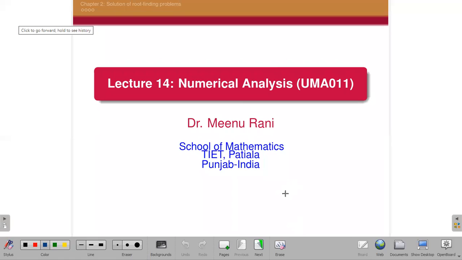So in the previous lecture, we have discussed the modified Newton method, and we have derived the formula also. If you apply the simple Newton method to find multiple roots of an equation, we have already seen that you will get linear convergence, not quadratic convergence. That's why we modified our Newton method to get a higher order convergence in the case of multiple roots also. And we have derived the formula for the case when multiplicity is not given.